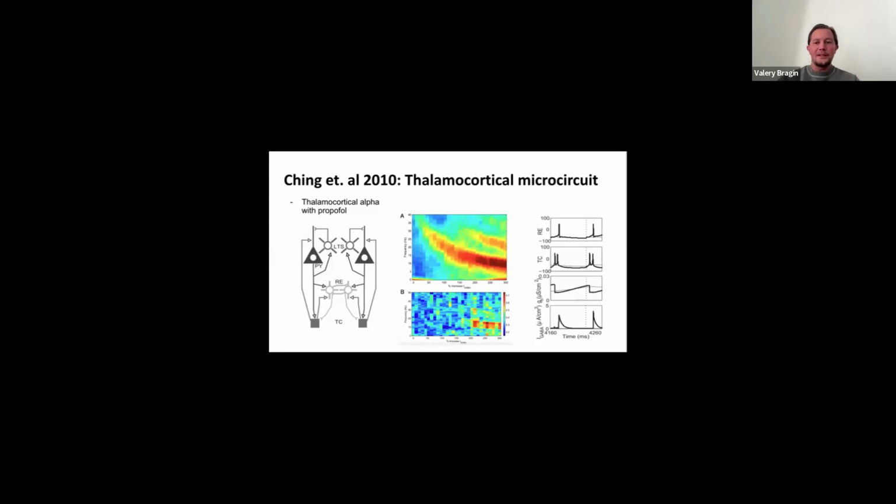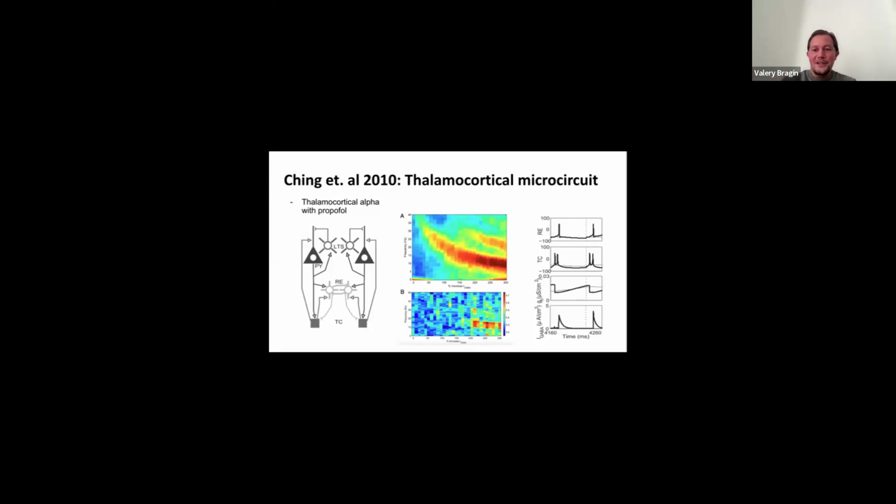And because of this, here you can see that with more and more propofol applied, cortical rhythm slowed down from this faster beta gamma towards alpha. Actually, thalamocortical interaction also shifts toward alpha with more propofol, and it's partially, maybe mainly, because of this inhibitory interaction within thalamus. So in thalamus, we have these thalamocortical projections that are excitatory cells that excite cortex. And also there is this thalamic reticular nucleus, which is inhibitory, and it projects to thalamocortical projection nuclei, right? So it's kind of a shell around thalamus that inhibits the thalamus itself.